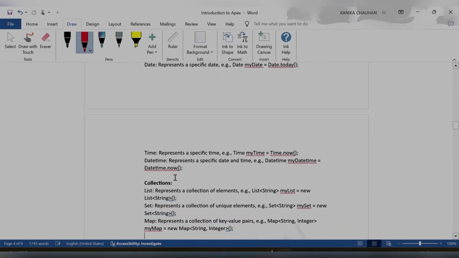Now similarly, date and time is there and the time is there. Only time, if you want to store, then the time